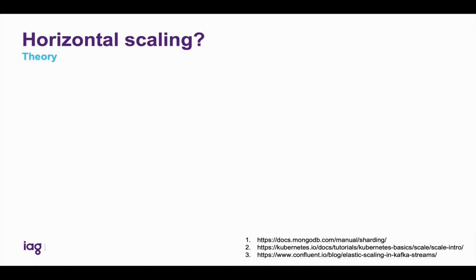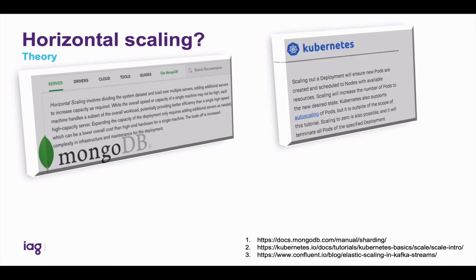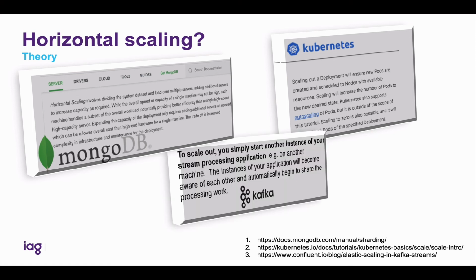So how can we deal with this data challenge? We had this theory that horizontal scaling is something that we can use to address this. So essentially what it does is it divides the data set up and then sends it out to multiple different servers that we can increase in capacity as we require to. We use Kubernetes to scale out our deployments so that adding extra nodes is really simple and in an automatic way by auto-scaling. And then we use Kafka, which gives us the ability to manage that real-time streaming flow.